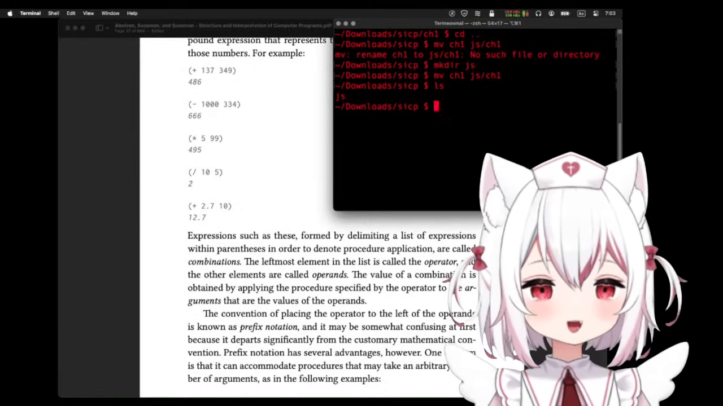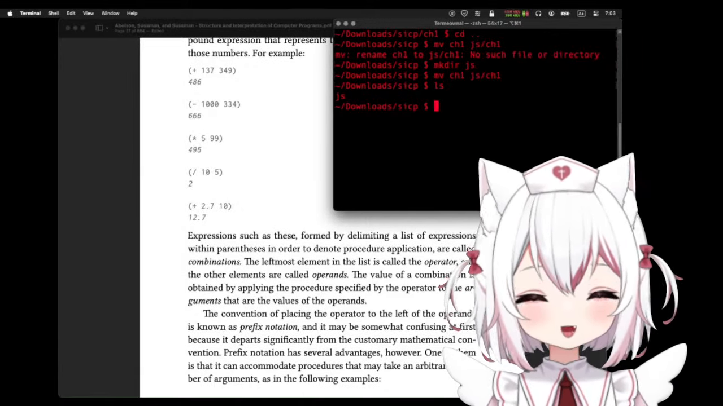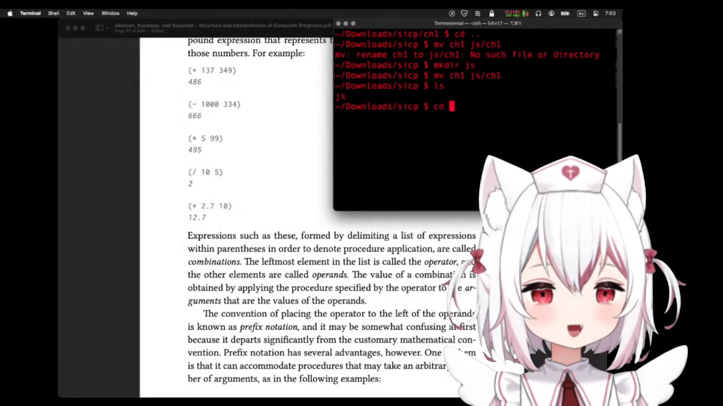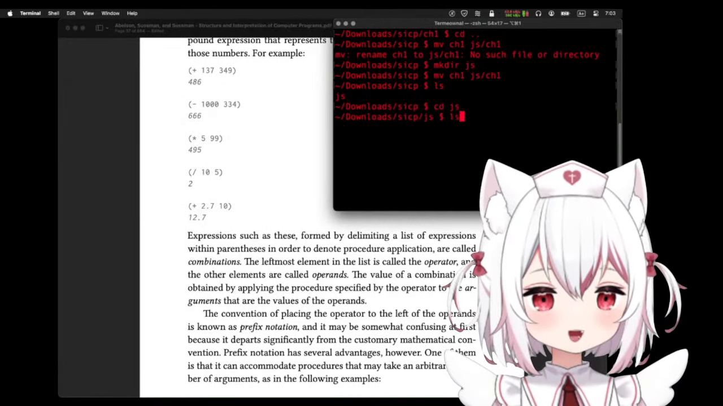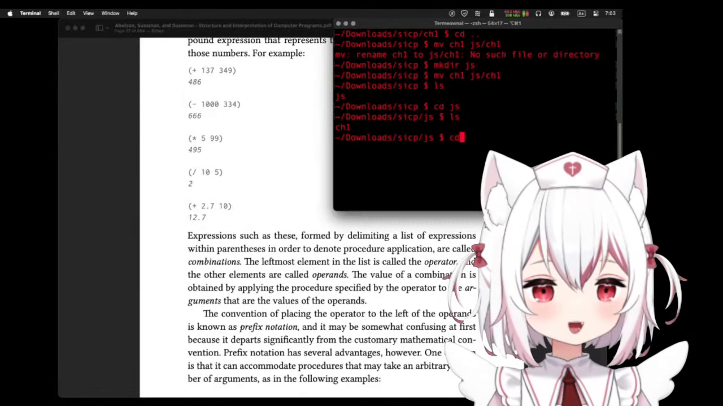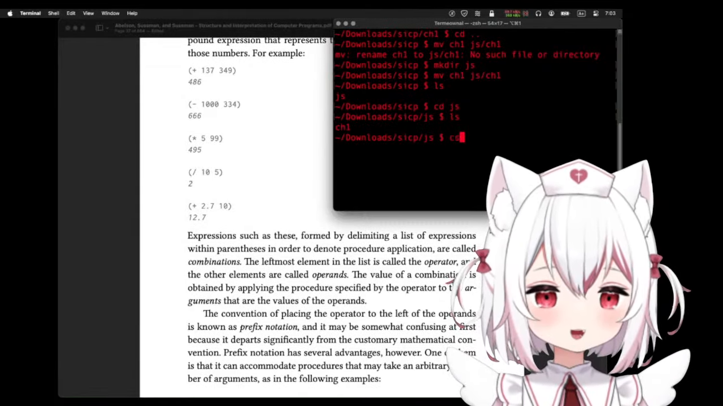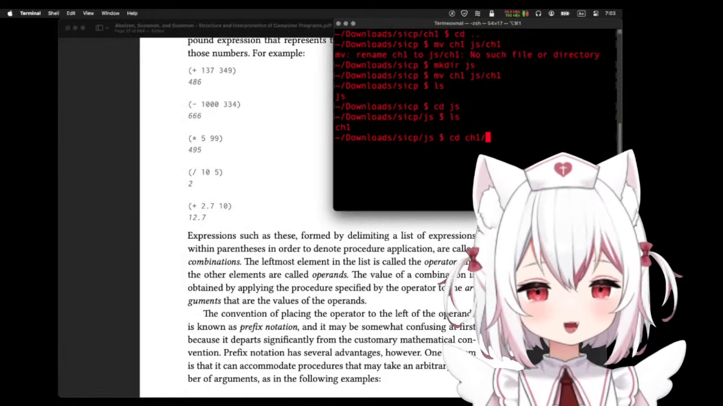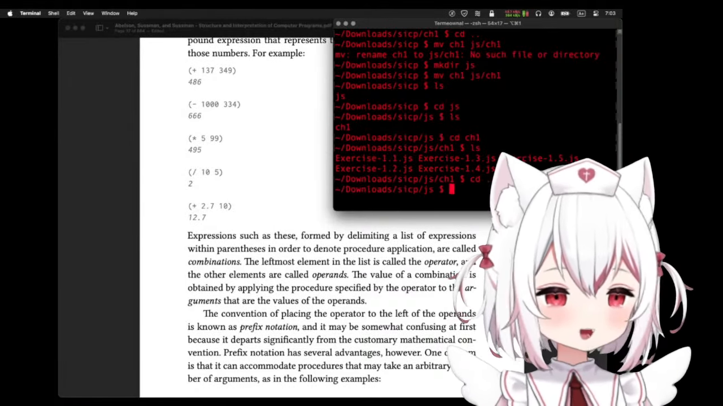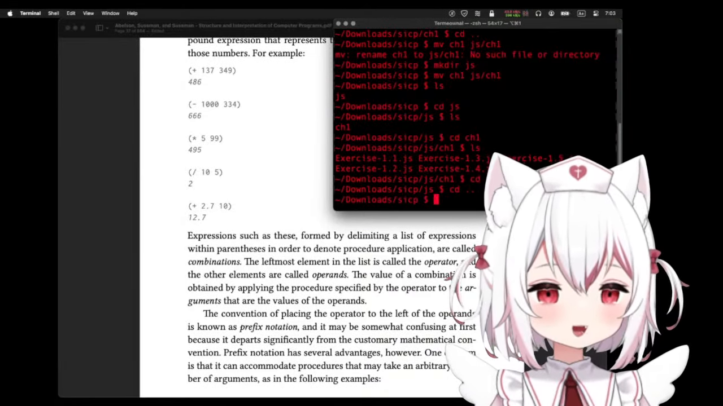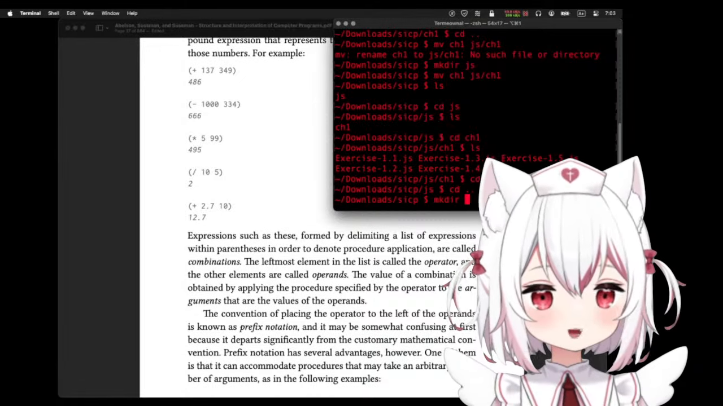Okay, so now we have a JS. Oh, okay, and now we're gonna go into it. Oh, this is looking good. Wait, this is looking good. Okay, we did it. Thank you. All right, and then we make another one and we call it